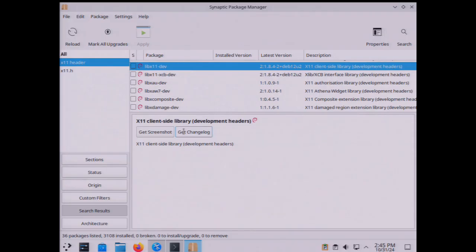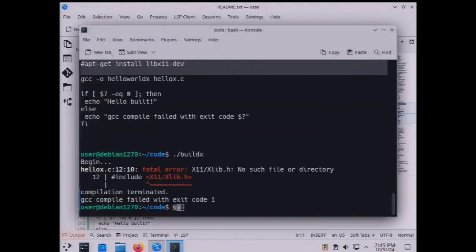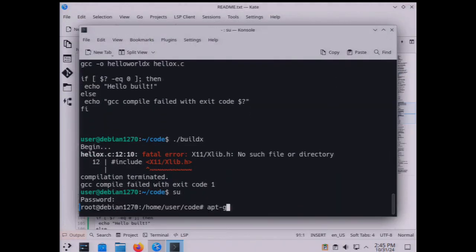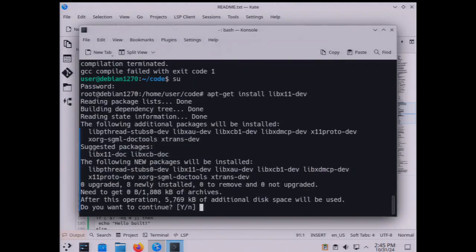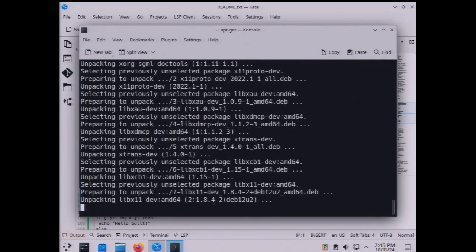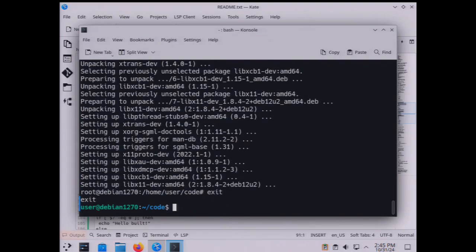We can, of course, install this from the Synaptic, but we're going to just jump down to the command line and do it with our apt-get install libx11-dev as the super user, and we'll walk through this install, zoom through it, and now we've got our X11 libraries and headers installed. So now if we do the build X script,